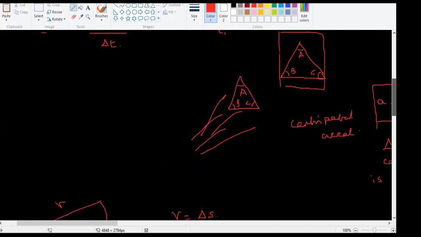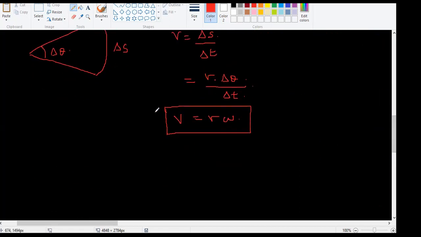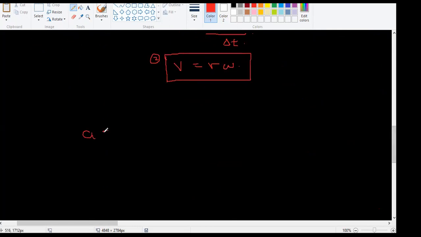So a = v squared by r was the first derivation. This is your second derivation under this topic. Okay. Third is a is